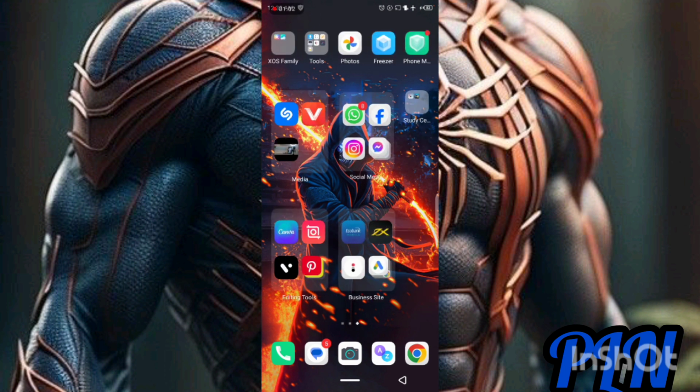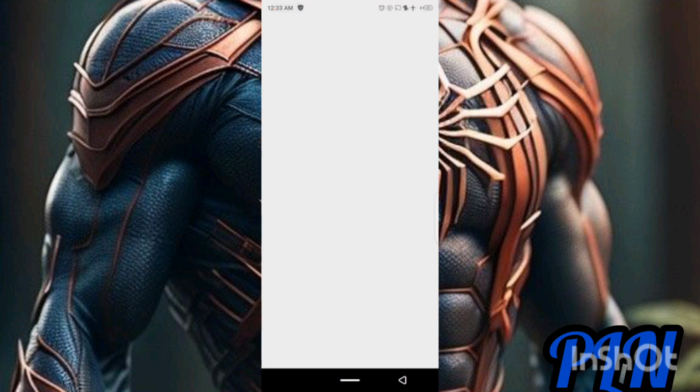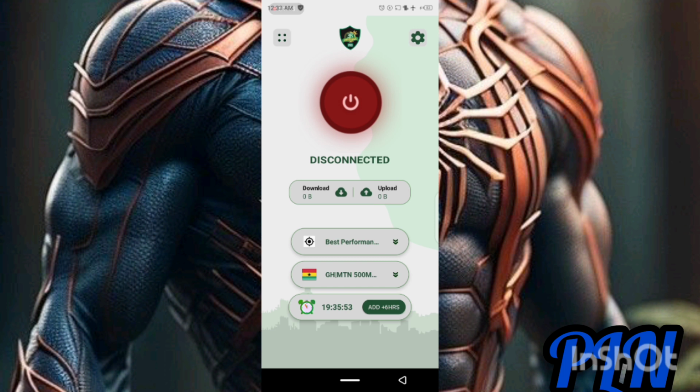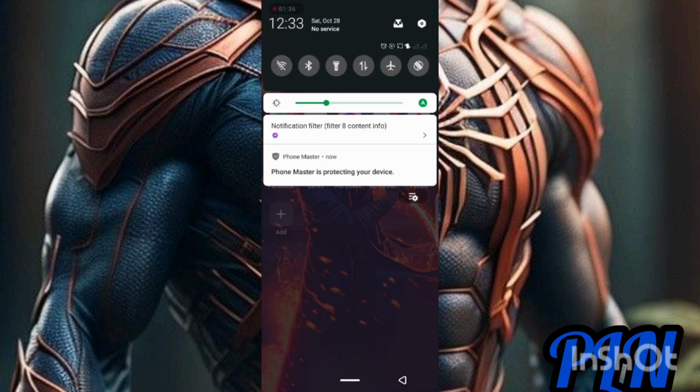So what we do is that we go to Easy Tunnel. But it's not compulsory to go to Easy Tunnel. But why I'm saying that you should go to Easy Tunnel is that it will help to sustain how you use your internet bundle on your phone. So as you buy your internet bundle, it will help you on how you use it. So if you don't want to use Easy Tunnel, you can go ahead and switch off your flight mode. After switching off your flight mode,